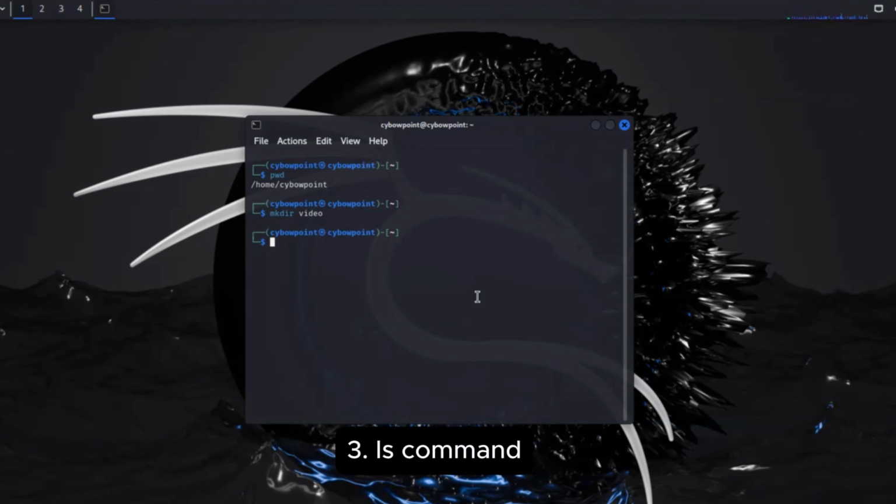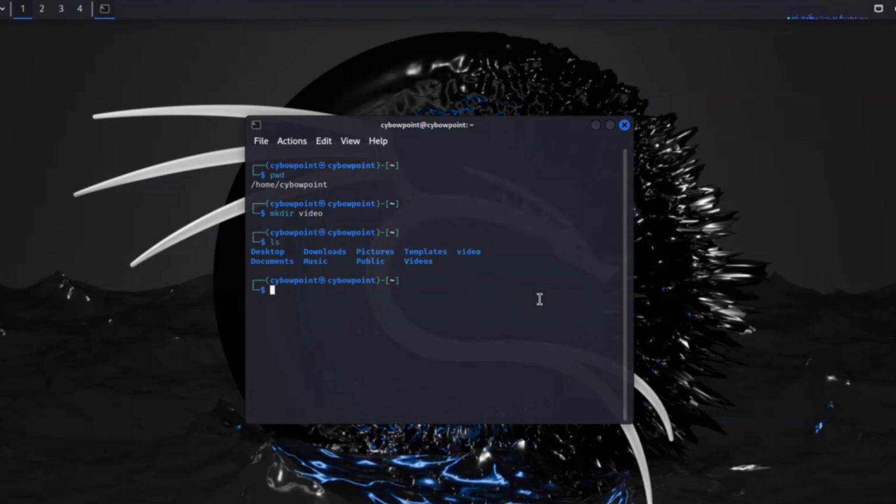The next command we are going to use is the list command, which is ls, which displays all the folders, files, or anything in the current directory that we have. Under this directory we have the desktop directory, downloads, pictures, templates, videos, documents, new, public, and the video directory that